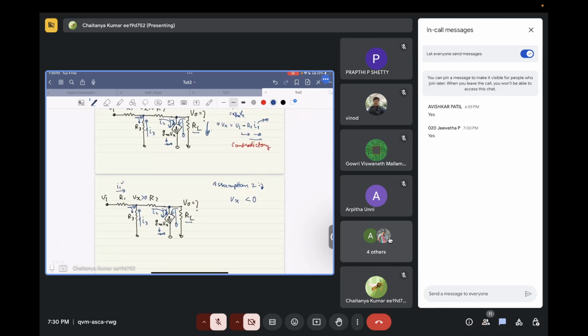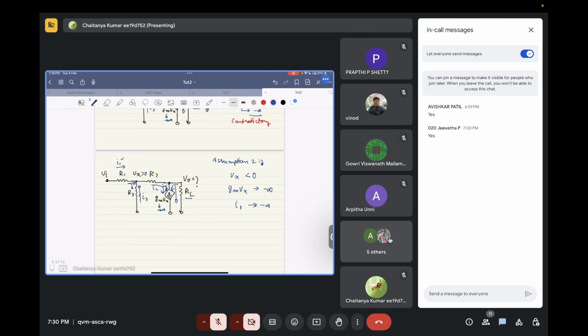In that case, Gm Vx will tend to minus infinity. And then I1 will tend to minus infinity only, right? Because I1 is some factor of Gm times Vx. Correct? Then Vx, which is equal to Vi minus I1 times R1, will tend to